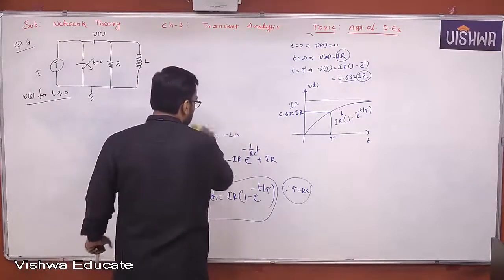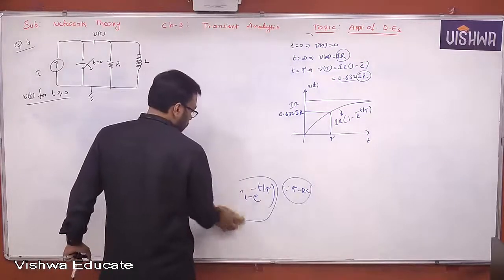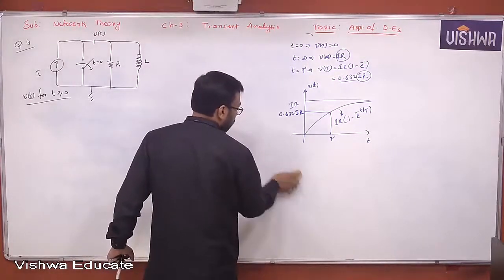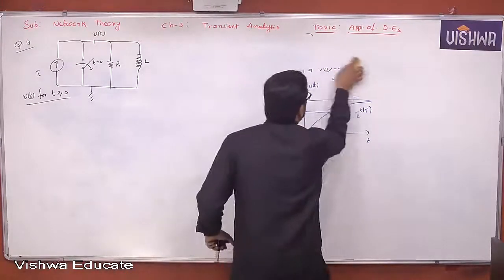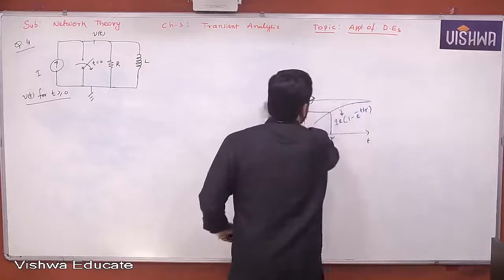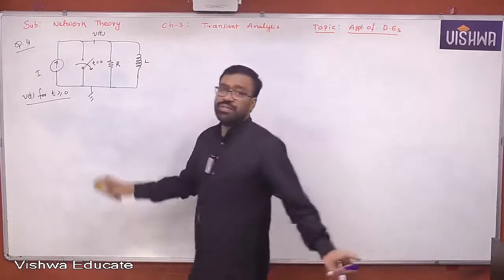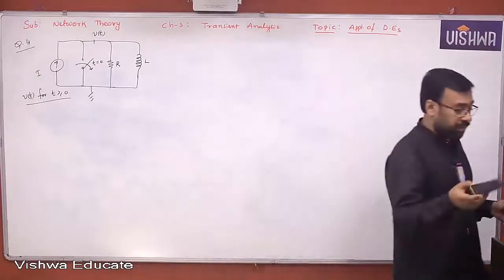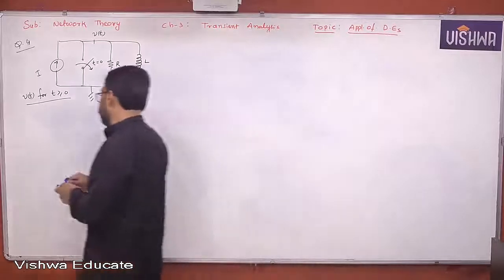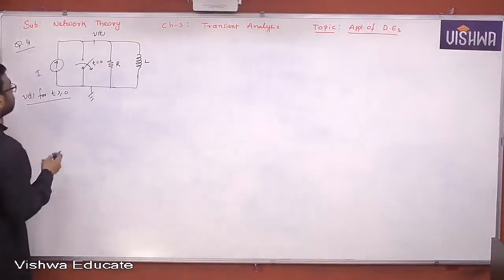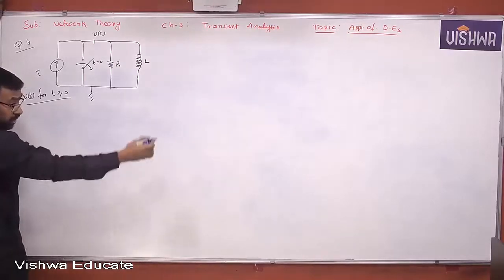The response of a particular system or particular circuit can be determined at any point of time. Okay? If you have the generalized expression of V of t or I of t, you can find that V of t or I of t at any point of time. Yes or no, all of you? Just by substituting that value. Now, here, inductor is given. I think you can follow the same procedure, all of you.